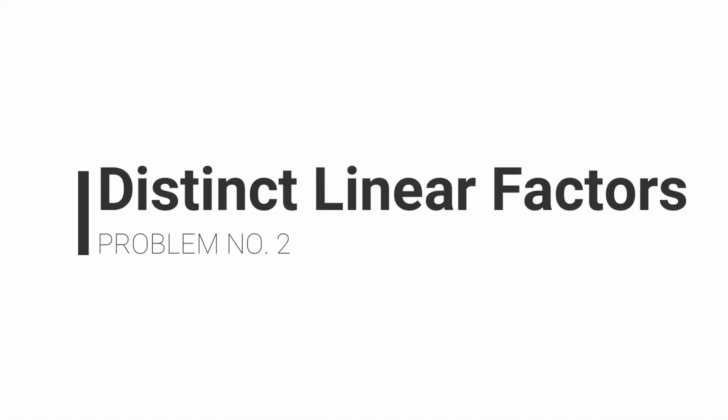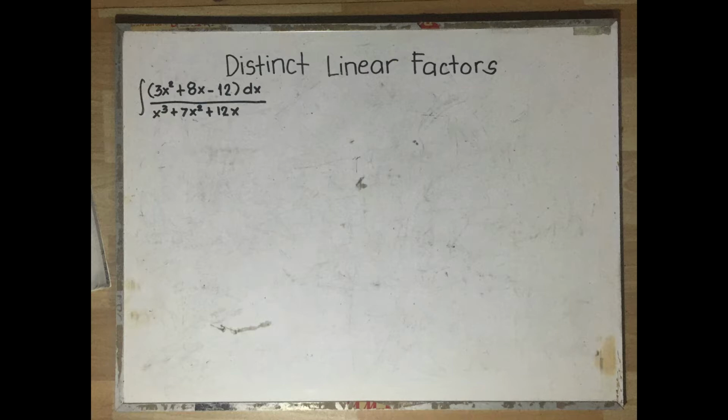Example number 2. The integration of 3x squared plus 8x minus 12 times dx over x cubed plus 7x squared plus 12x. We are going to apply the same procedure that we did in our first example. And if you're still having trouble absorbing them all, you can always go back from the top to review it once again. So to continue,